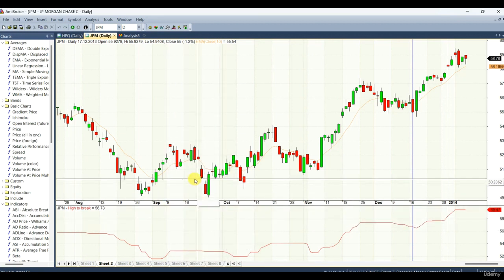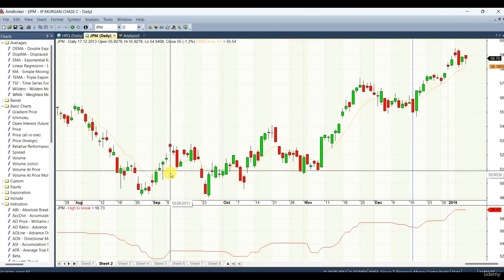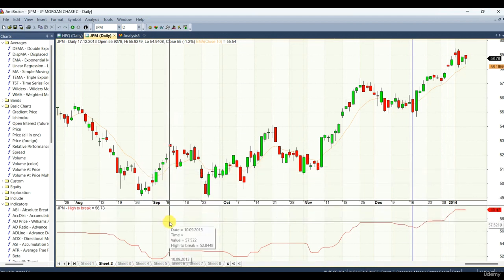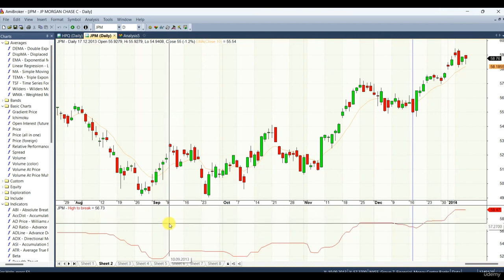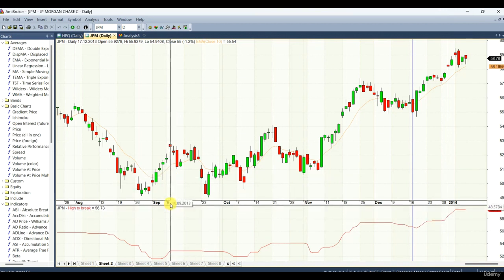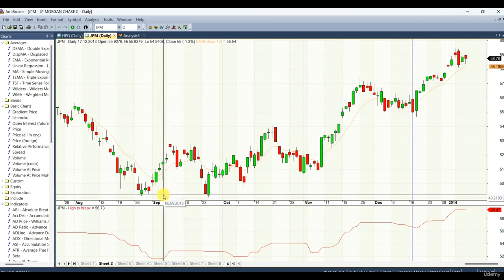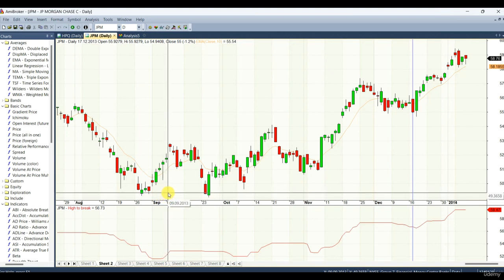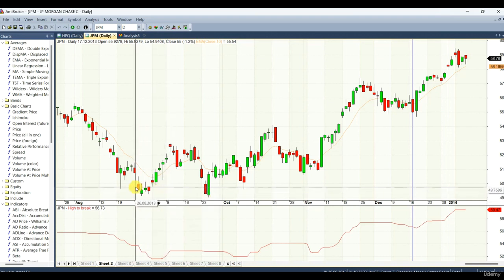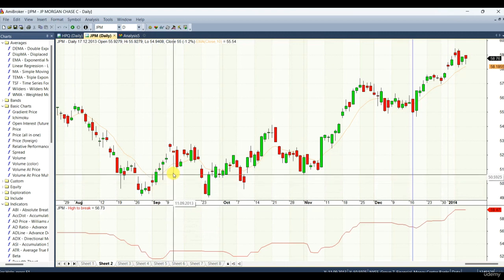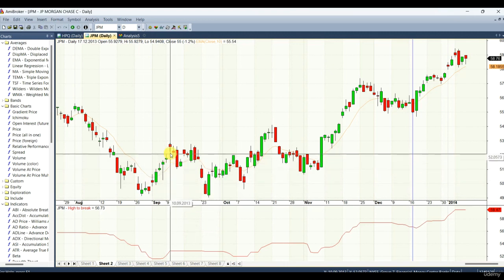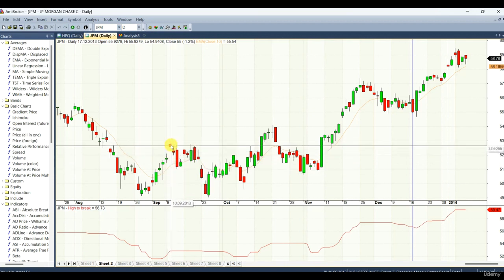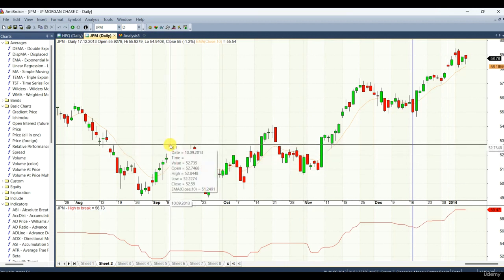So let's start at any bar, let's say this high here, and again, the indicator is constructed like this. For every bar, it calculates, it goes back 10 bars, 1, 2, 3, 4, 5, 6, 7, 8, 9, 10, and it tells me what is the highest high of the last 10 bars, including the current one. So for when I am here, the high is, it tells me this window, the high is